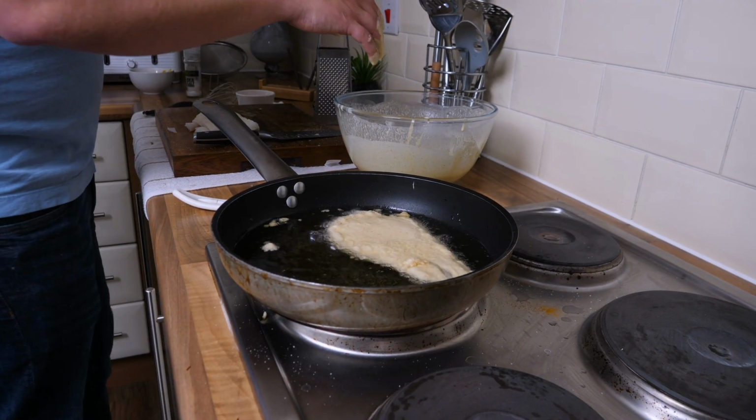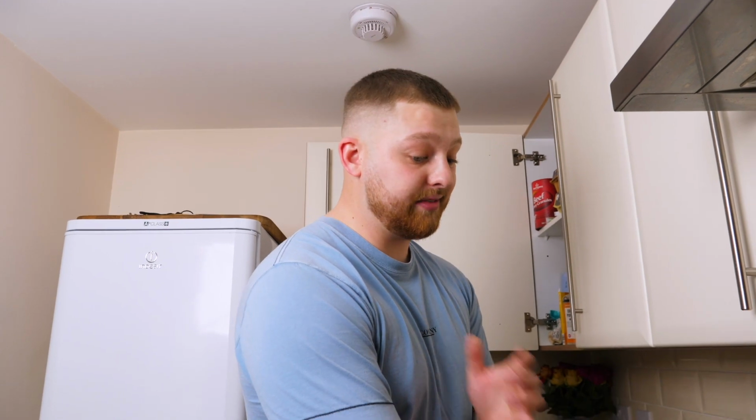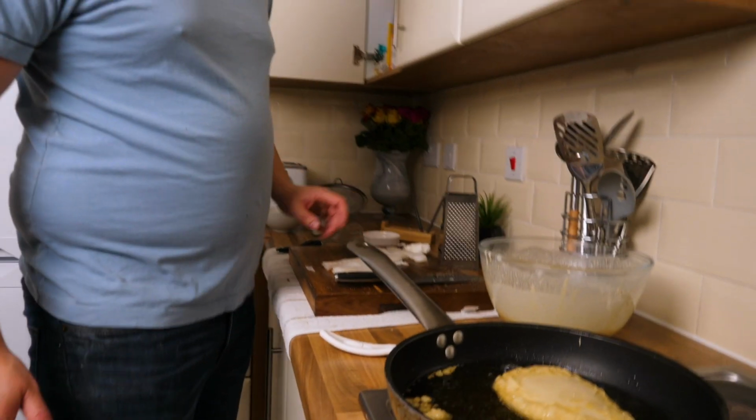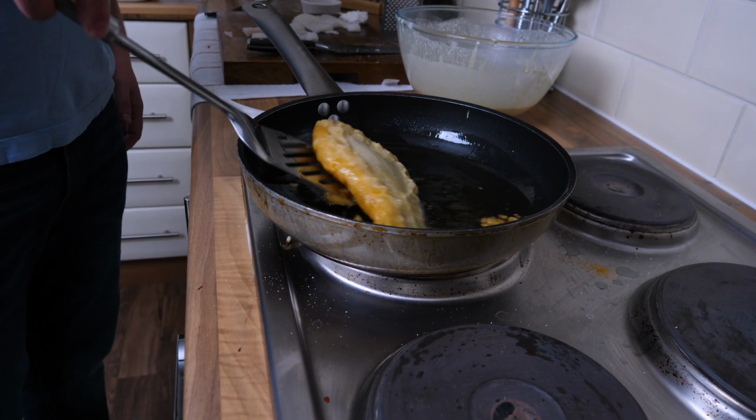It will take about 4 to 6 to 8 minutes. I can't give you a specific answer because if your oil's not the same heat as mine, it might be a bit different. But wait for it to go golden brown and then flip it over. As you can see, this is a shallow fry, but it's going to look bloody gorgeous pretty quickly. He's getting a little bit golden brown. If you've got it deep enough, obviously you don't need to flip him, but...